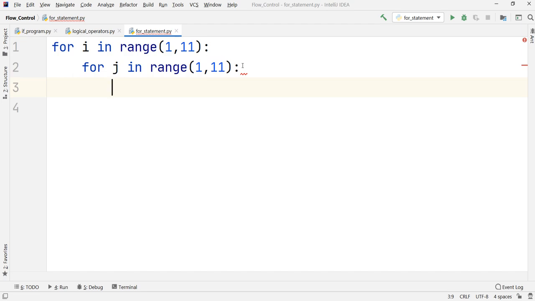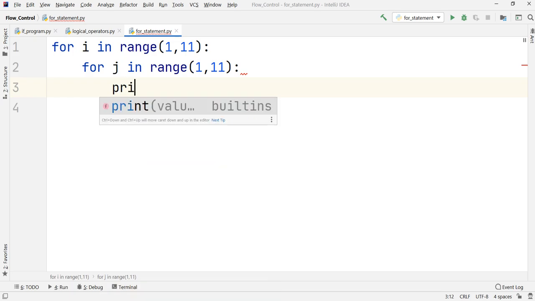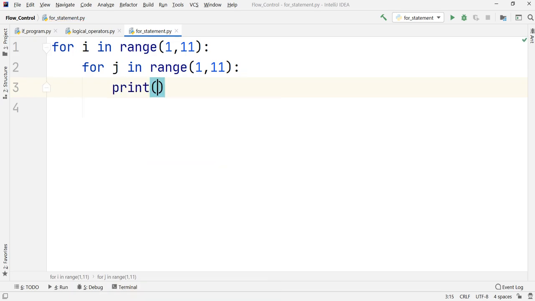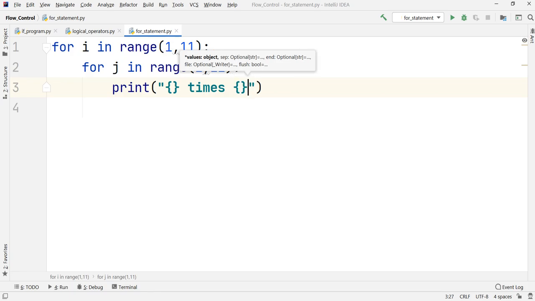As soon as I press enter, just observe the indentation level that I am at. I am right now at the indentation level for this particular second for loop, which is inside the first for loop. Now I can print what I wanted. So I can print curly bracket, times, curly bracket, I would put one space, is, again I would put another curly bracket.